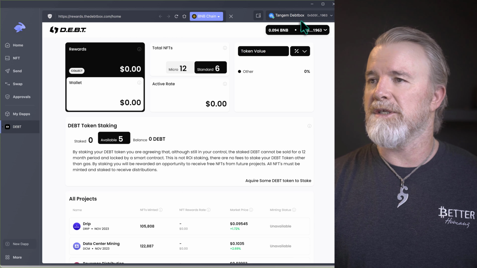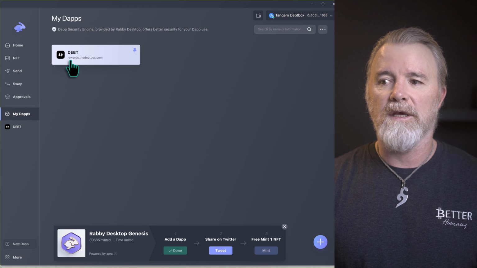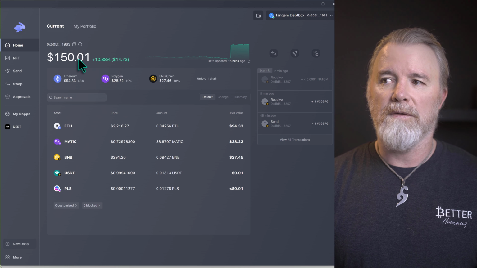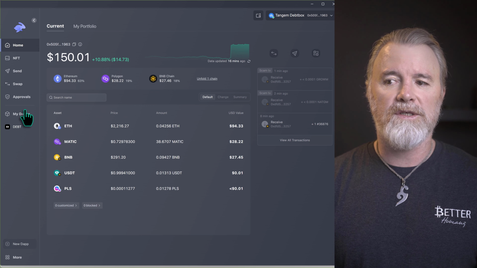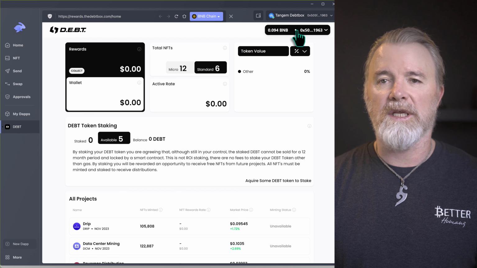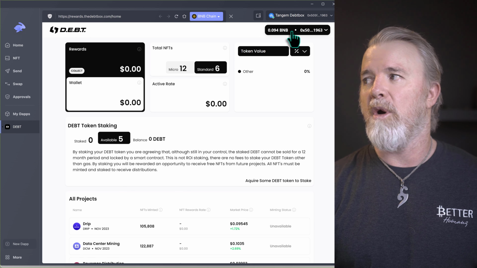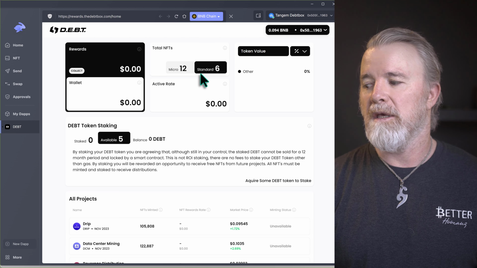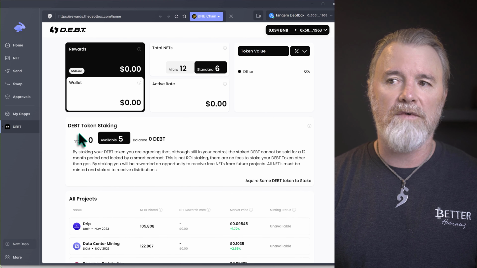So you can close this at any time. You don't need this open. You can close it off like that. You can come back to home and show your main portfolio or your current address. And then if you want to go back, just because you've got it pinned, click on det. All right, and most of the time it will always be connected. But if it's not connected, just go through the same process and reconnect it. If you've closed the wallet, it might want you to connect again. Just do the same process, and it will show everything here. Okay, and you can do all the staking, whatever you need, right from inside Rabby.